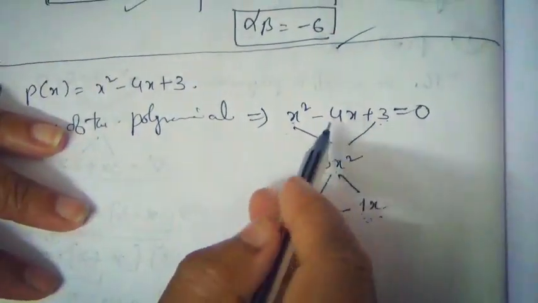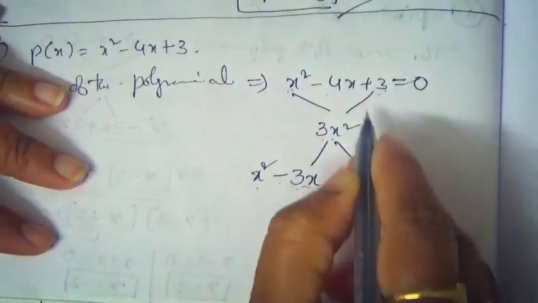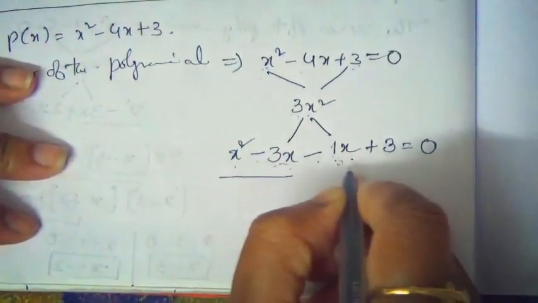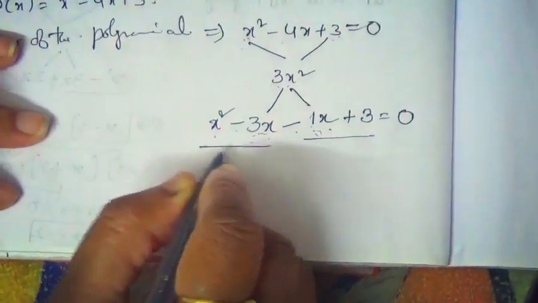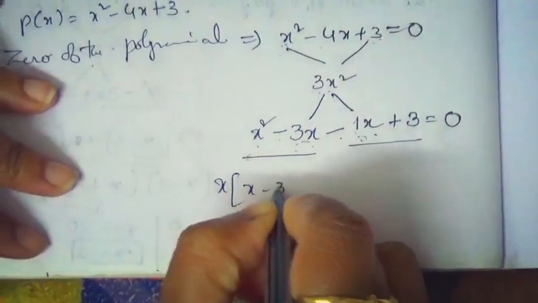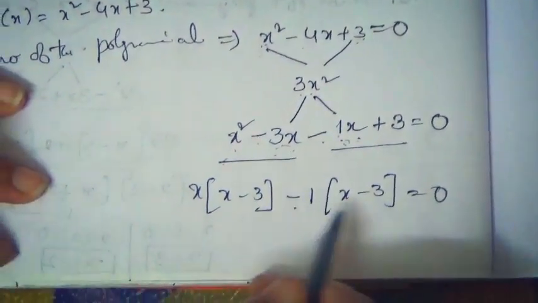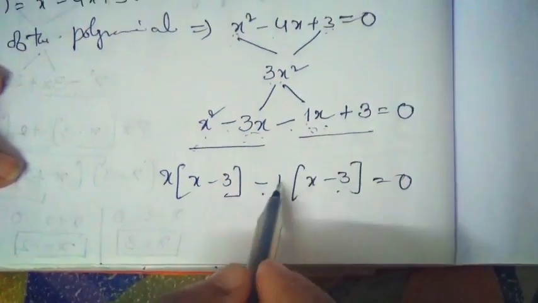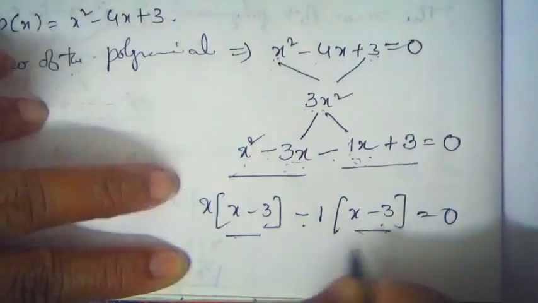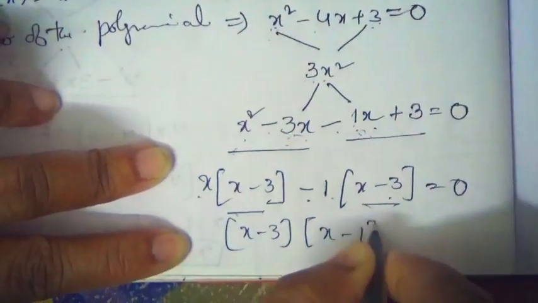By the addition of these two, you will get minus 4x. It's enough, right? So you just write the same first x square, and the last constant term is plus 3. So when you take the common term from these two terms, x, I want to take here x minus 3, minus 1, x minus 3. Minus of minus plus, you will get the same answer, that is minus x minus 1x plus 3, right? So from these two you will have x minus 3 as a common term, and the remaining is x minus 1, that is equal to 0.